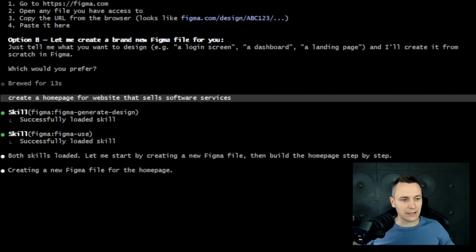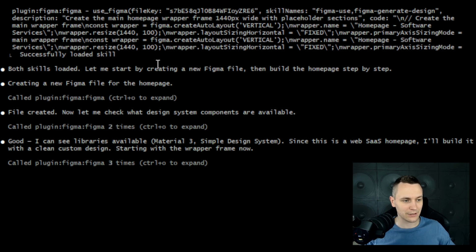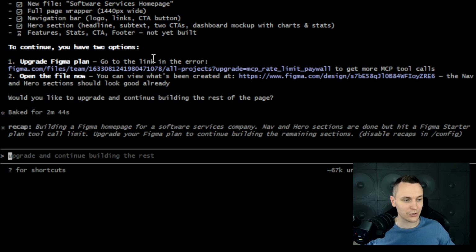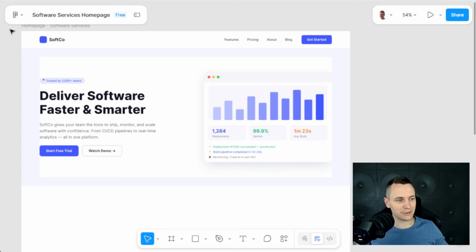So after logging in to my Figma account, I asked it to create a homepage for websites that sell software services. And I didn't specify any design files because I just wanted to see what it can produce out of the box. And if we take a look at the actual design that we have managed to create inside